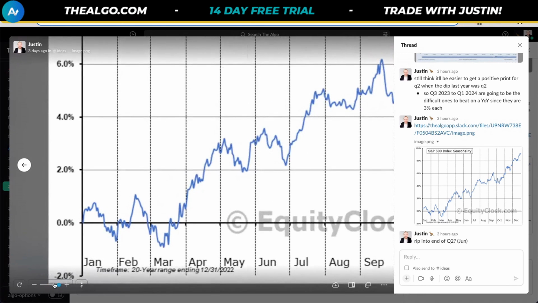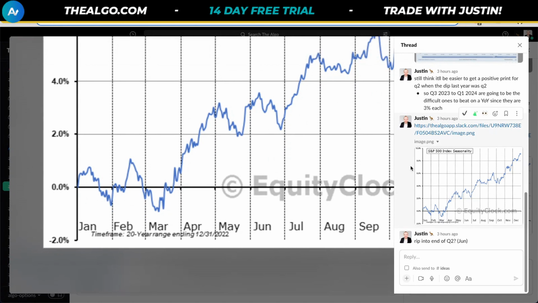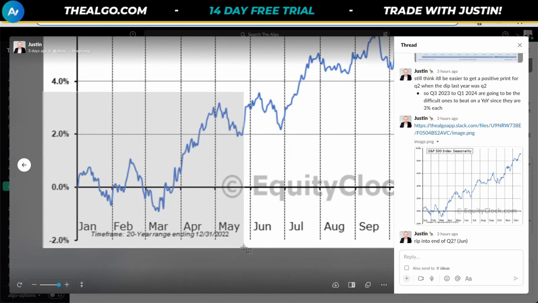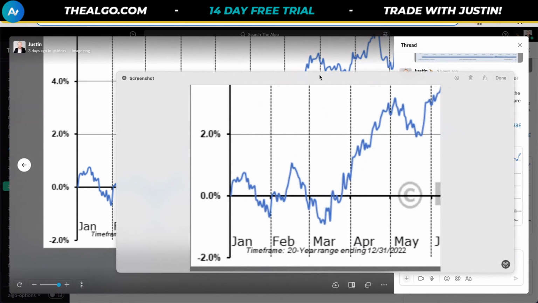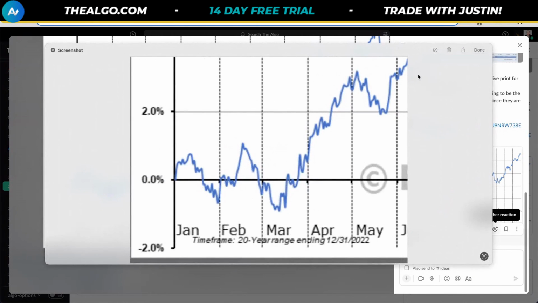I want to focus in here on the end of February going into March. So let's actually take a screenshot here. Let's blow it up for those boomer eyes and for everyone who was on their phone. So let's have a look here. And what do we note? We see an inverse head and shoulders on the pattern, pretty much starting at the end of February and then completing into, I don't know, call it the last third or last quarter of March, where we